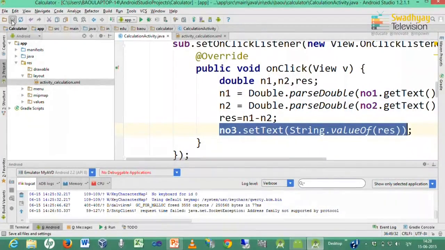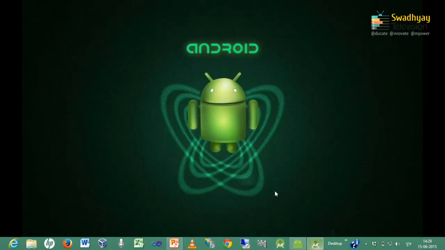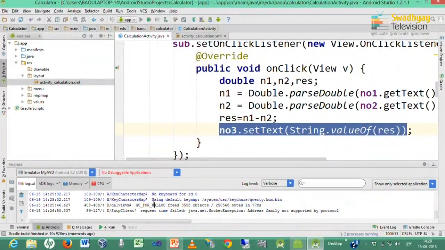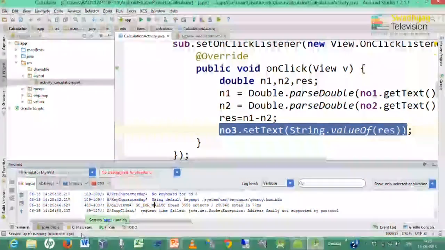Now, again we want to test this application. So, every time you do modification you have to save and run your application. So, now it will load updated application into emulator.